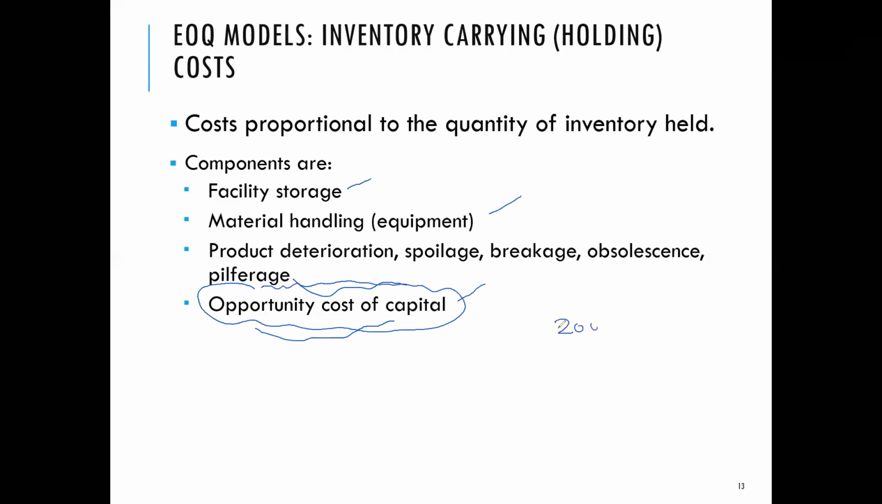So what do I mean by this? For example, if I have $200 and I invested all those $200 in inventory, I have lost the opportunity to use these $200 somewhere else in my business. That is essentially called the opportunity cost of capital. Obviously, in the world of finance, this is slightly more complex, but I'm just giving a very simple example. So all these are components of holding cost, but the overarching rule is the more inventory you hold, the higher will be these costs, and that is represented by